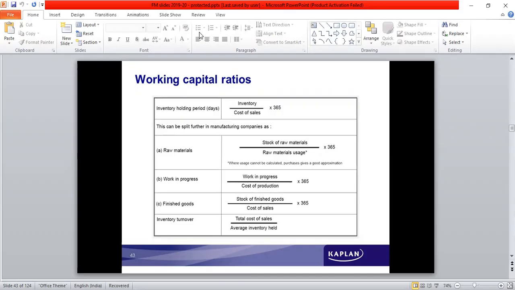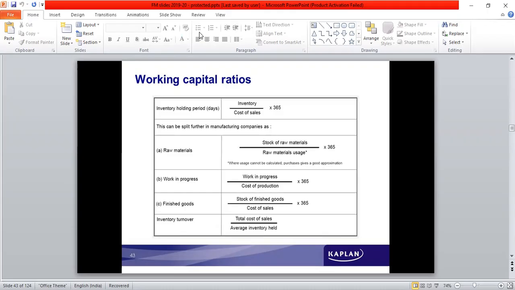Further, if we expand that and look into how we calculate these number of days, inventory can be taken as raw material in the raw form, in the semi-finished form, which is work in process or work in progress. Then we have inventory in the form of finished goods. So inventory turnover or inventory holding period can be very specifically split into the time duration for raw materials, the time duration for work in progress, and the time duration for the finished goods to get converted into cash.